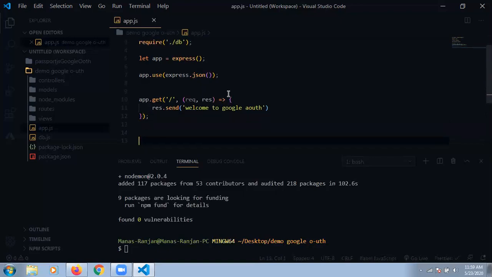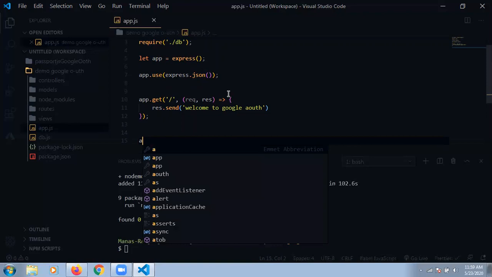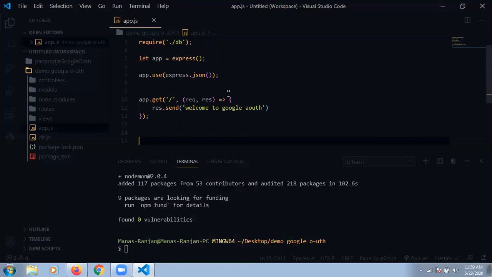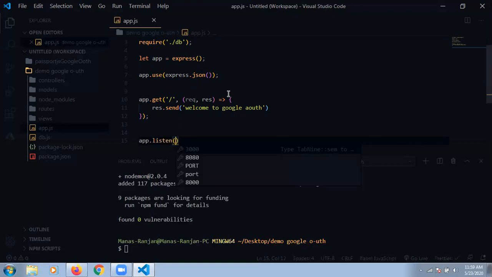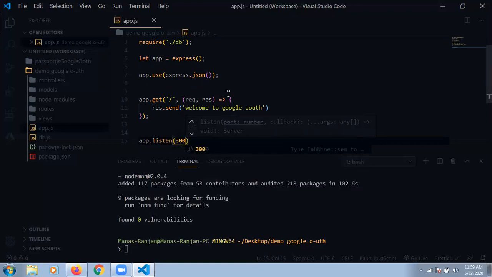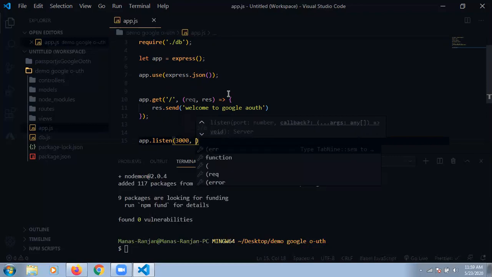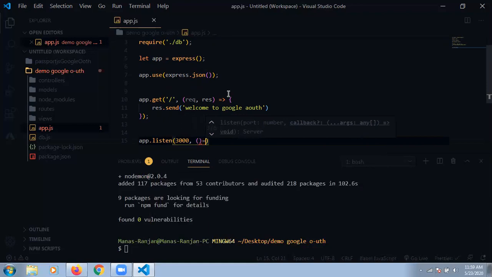And I am making a server port, so that's why I'm writing this application. It's app.listen. I'm giving some port number 3000, comma, and this is some function I'm writing just to see the error functions.